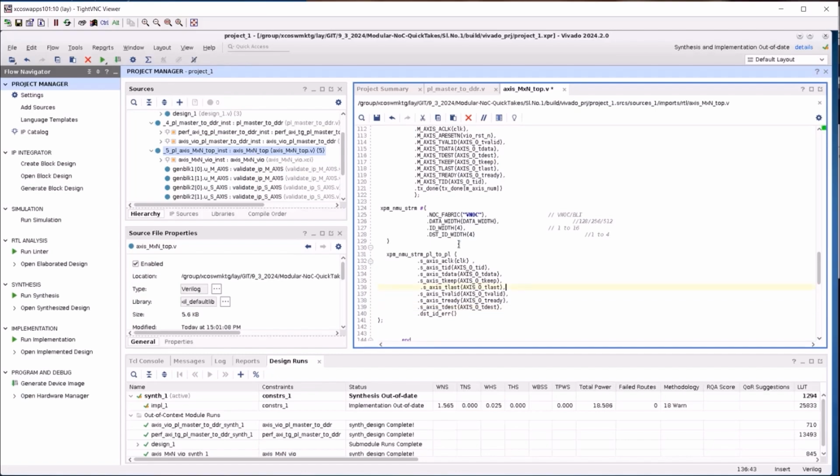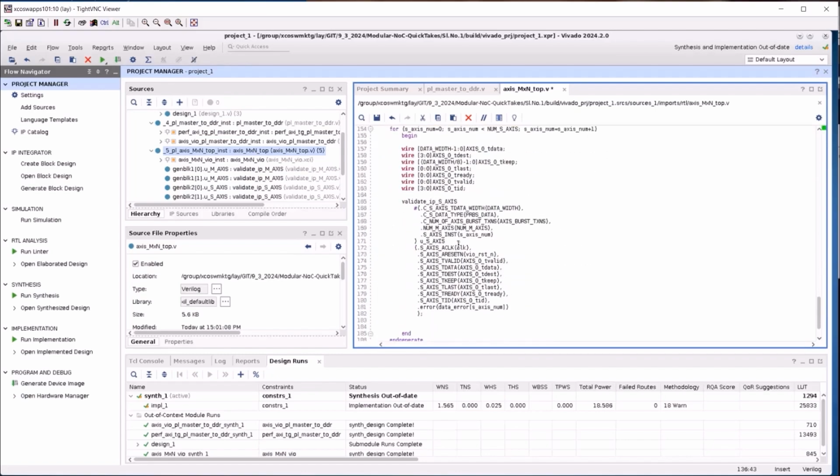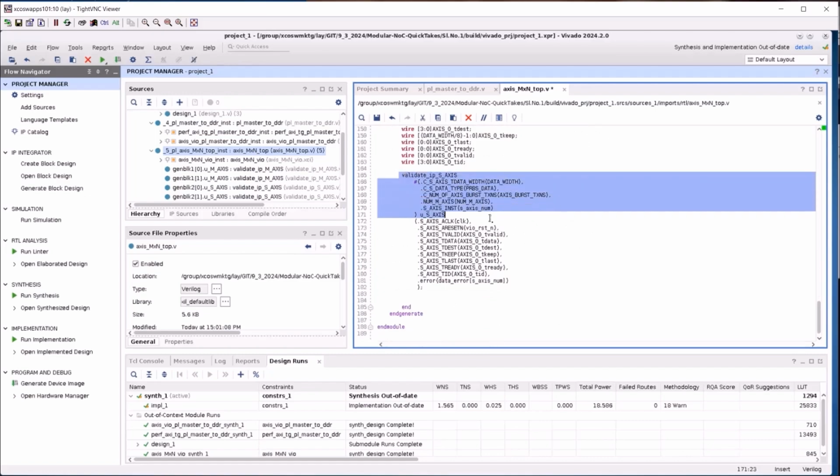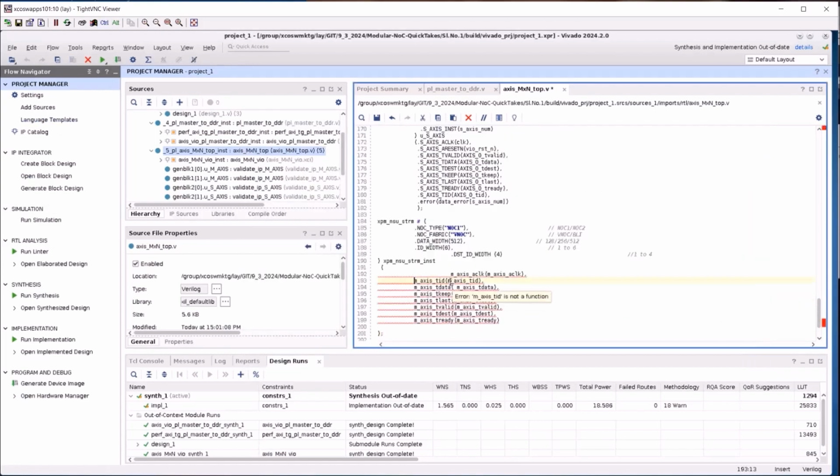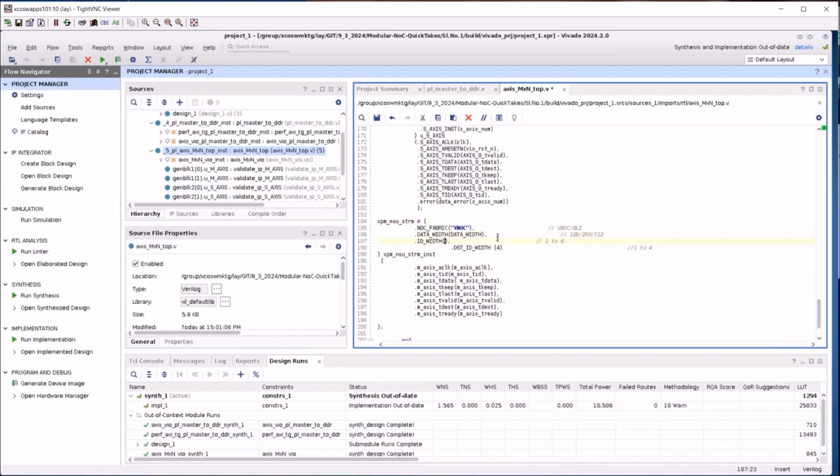Now let's look at the slave. Here you can see the AXI stream validation IP. The process here is the same. Copy the template from the language templates, paste it into the RTL, update the parameters, connect the AXI bus to the XPM, and finally update the instance name.